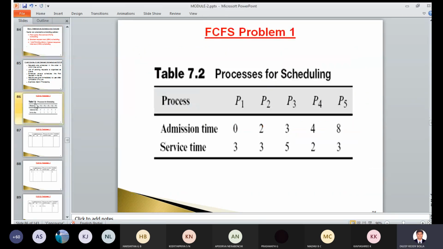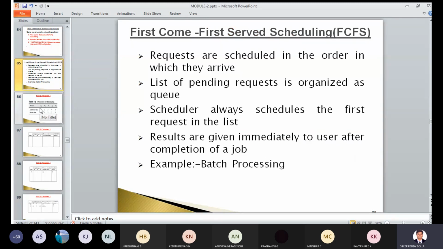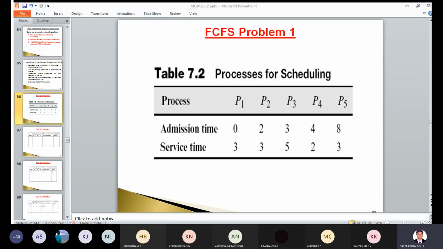So try to Google something on FCFS, what is happening in operating system, FCFS, and learn something. Let us have a detailed interaction in the next class. Okay. Any other queries, any questions, please do ask me.